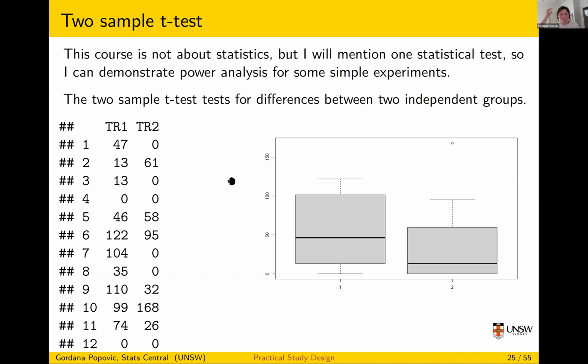Okay, so this course isn't about stats, but in order to estimate sample size, I do need to specify a test that I'm going to do. So the test that most people learn first is a t-test. Basically, we've got two groups of measurements. People in group 1 are unrelated to people in group 2 and to each other. These are given one treatment, these are given another treatment, and here is what they look like. And we're interested in whether on average the treatments differ.